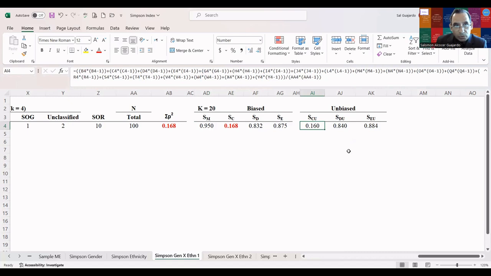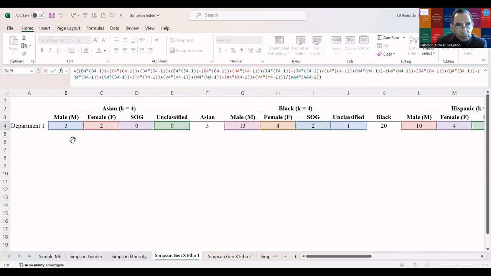Again, if I want to do the unbiased scores, I have to go back to each cell, to the frequency. So for Asian, it's going to be 3 times 3 minus 1, which is B4 times B4 minus 1. So that's going to be 6. For the Asian females, it's going to be 2 times 1, because it's 2 minus 1 times 2. So C4 times C4 minus 1. It's going to be 2. 0 for some other group for Asian, 0 for unclassified. So I have to do that for each cell by ethnic group, by gender. I'm going to add each of those cell products up. Then I'm going to divide